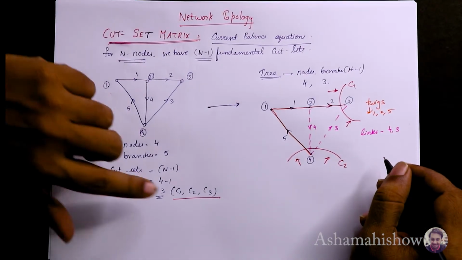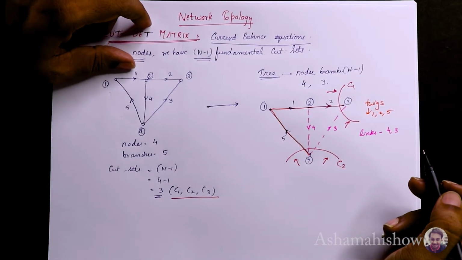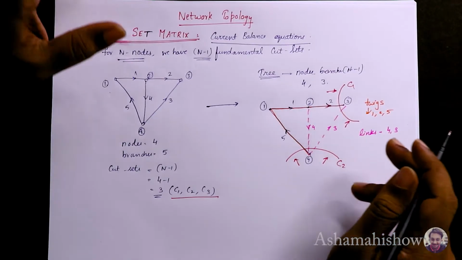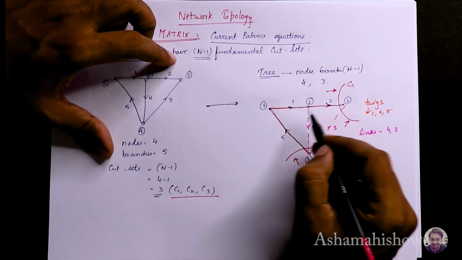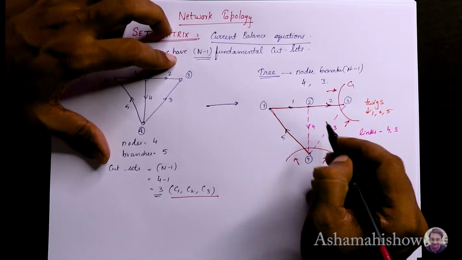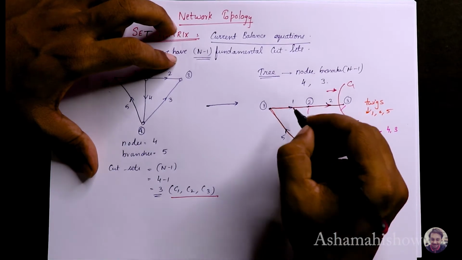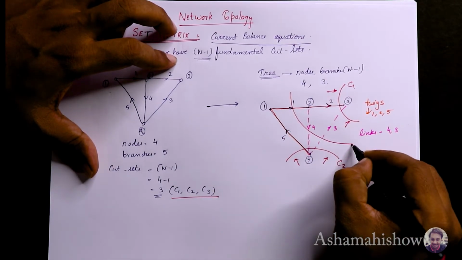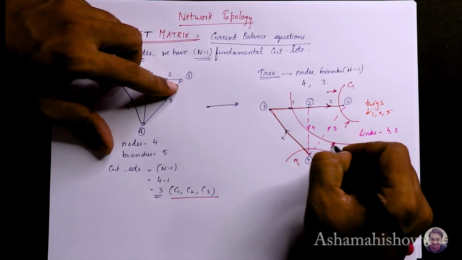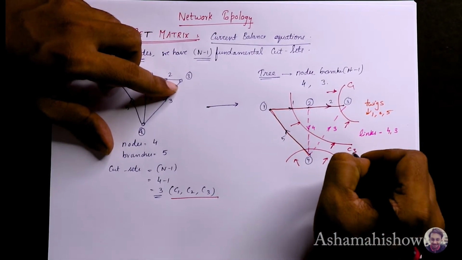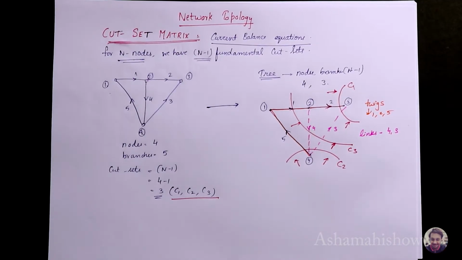Now there should be another cut set, C3. Should I make it at node 1 or anywhere? I'll make it at the second node. You can make it here also, but I'll take the second node so that these will also be linked, and your 4 also will be linked. You can take any node-wise cut. I am taking it like this, with directions again, so this is C3. C1, C2, C3 are taken.